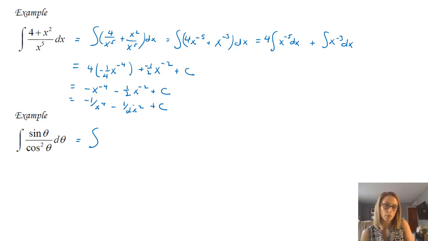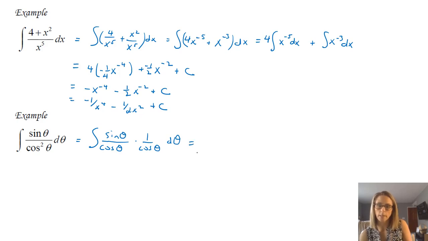So what I would do in this problem, and this is a very smart trick for anything with trig functions, is you're going to have sine theta over cosine theta. This would be an option, times 1 over cosine theta. So I'm going to separate them. Notice I have a d theta because that's telling me that I'm taking the integration with respect to theta.